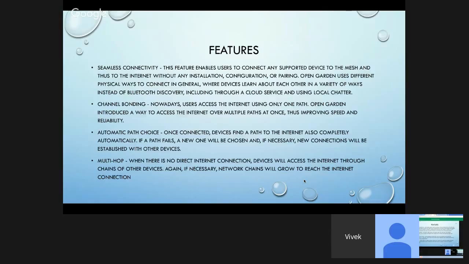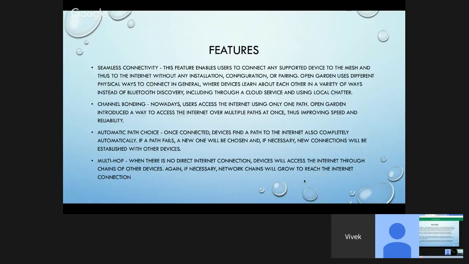Open Garden also has channel bonding, which lets users access the internet using multiple paths at once. This is basically just multiple ways to access the internet.